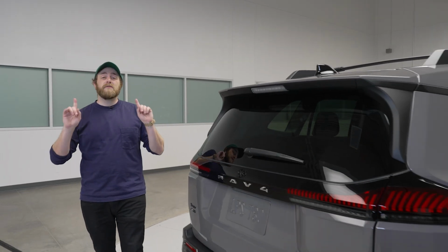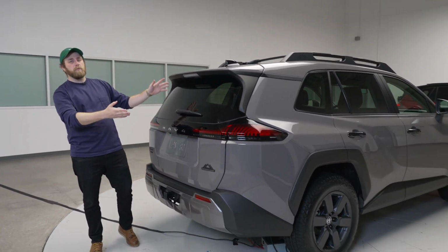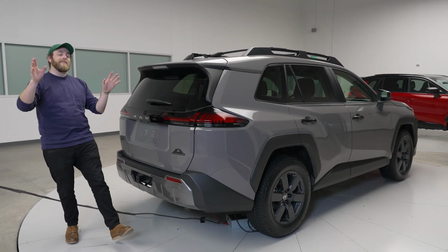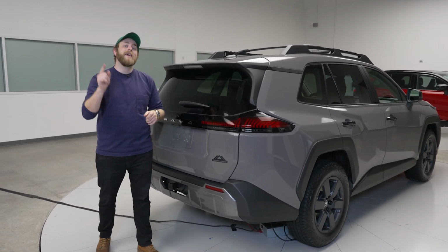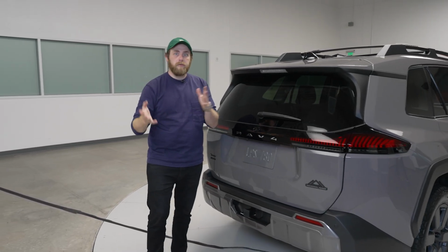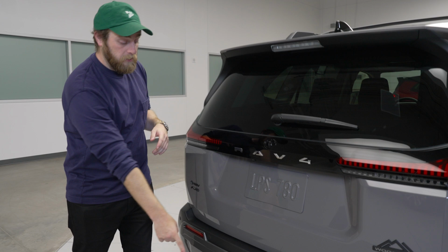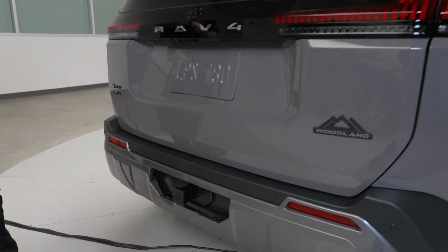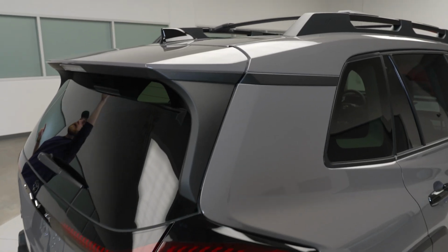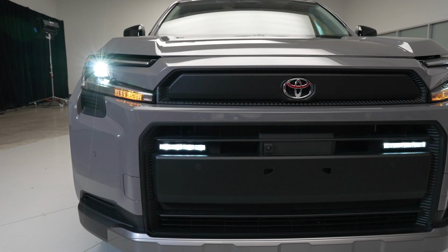And to the surprise of no one, we've also got an off-road focused trim as well. Meet the RAV4 Woodland. Now, this is best thought of as the return of the RAV4 TRD Off-Road, and as such, it's got all sorts of your requisite casual off-roading gear that you might need, including this 1.25-inch activity mount here in the rear for bike racks and such. Speaking of racks, we've got actual functional roof rails with crossbars there. And other than some